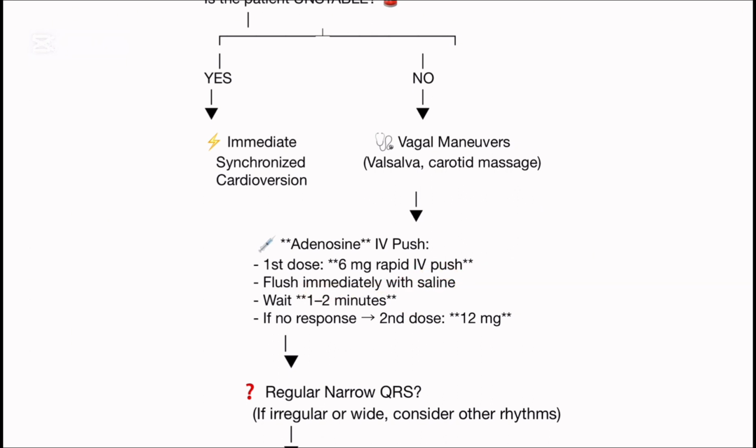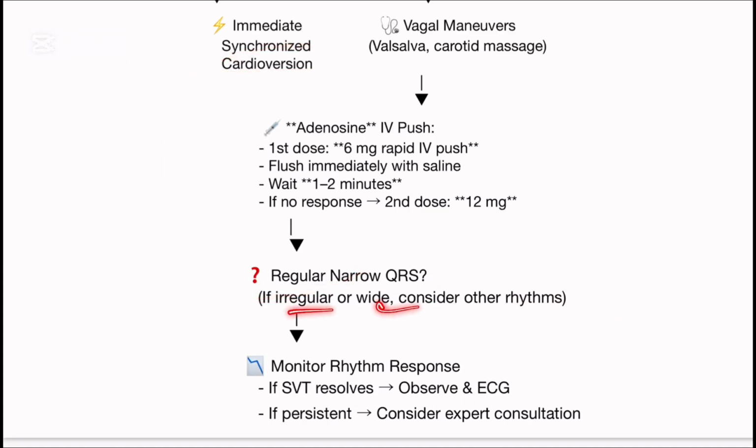Then we should wait, and if there is no response, then we can give a second dose, which is 12 mg. If the complex is irregular or wide, we should consider other rhythms. If SVT resolves, observe with an ECG. If it persists, then we should